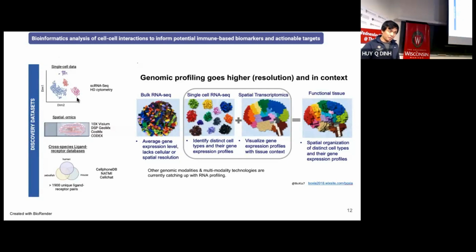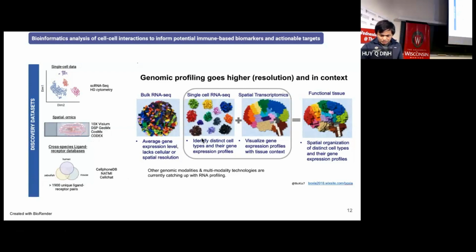Since single cell doesn't have spatial information, we also use spatial data. Recently we also have data where they have both, but it's still very limited. The platform we usually use is 10x, which we do with the biotech center here, and also as a platform as well. My previous work was mainly in humans, but since I have my independent program, I appreciate model organisms more, because I want to figure out the mechanism behind what I found in human data. So we utilize zebrafish in collaboration with Anna, and we use the mouse model in collaboration with Paul Lambert from Oncology.